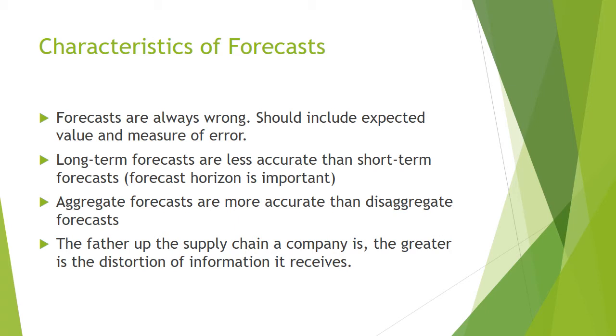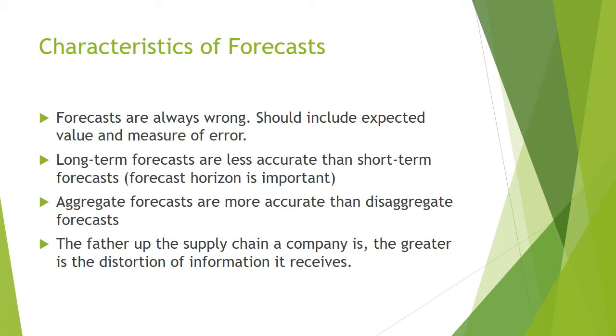And the next one, long-term forecasts are always less accurate than short-term forecasts. That means long-term forecasts have a larger standard deviation of error relative to the mean than short-term forecasts do. So the forecast horizon is an important factor that we should consider when we are dealing with forecasts. And the next one, aggregate forecasts are usually more accurate than disaggregate forecasts, as they tend to have a smaller standard deviation of error relative to the mean. So when we are forecasting in aggregate, the forecast value that we get is more accurate than when we are forecasting for